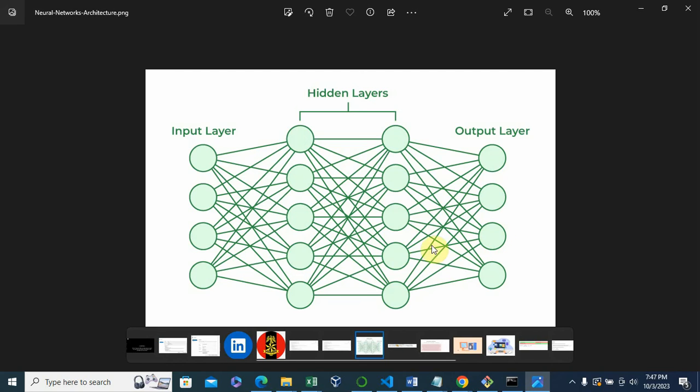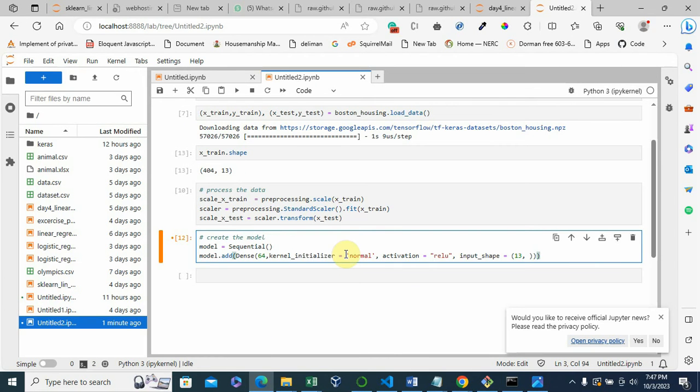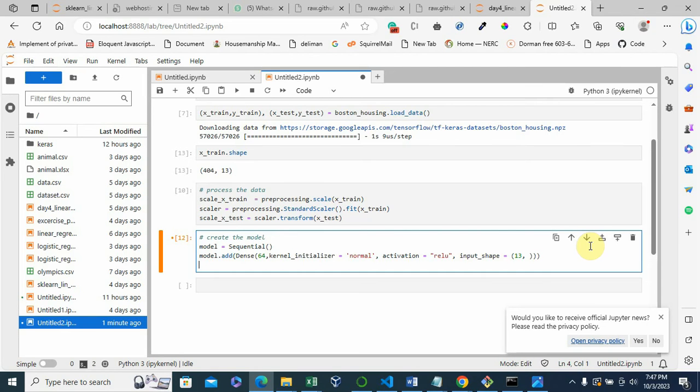Okay, so if I go back to my code, I've written a layer here. I'm going to add more layers. So if I had one hidden layer, model.add. So this is another layer.